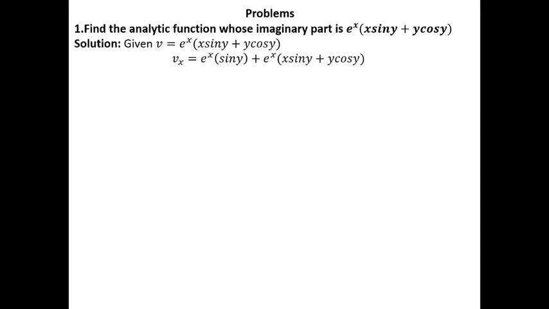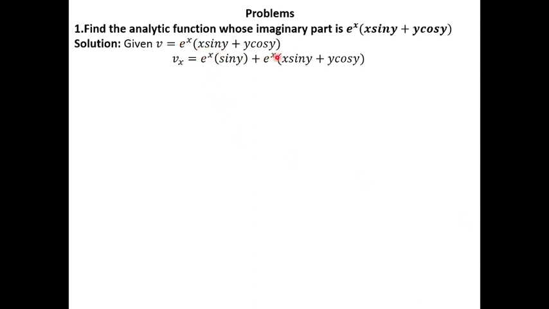Problem: find the analytic function whose imaginary part is e power x into x sin y plus y cos y. Answer: here given is imaginary part. Therefore consider the given function as v. v is equal to e power x into x sin y plus y cos y. Now differentiate this v with respect to x and also y partially. Differentiation of v with respect to x gives vx is equal to